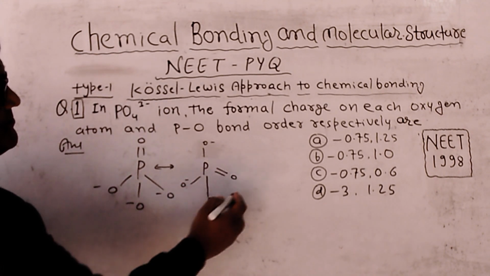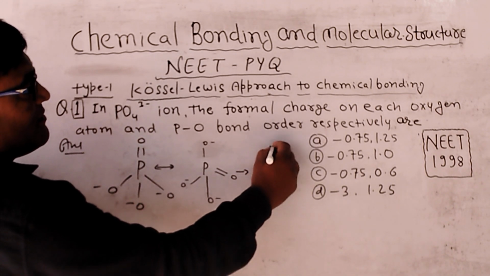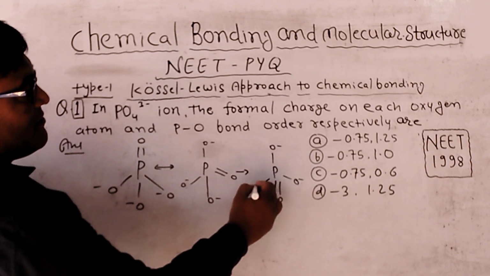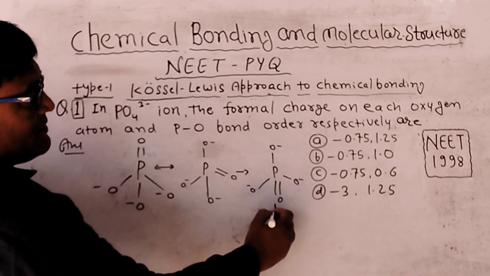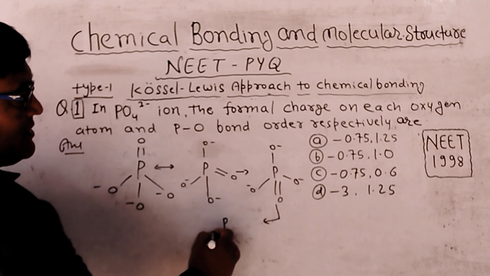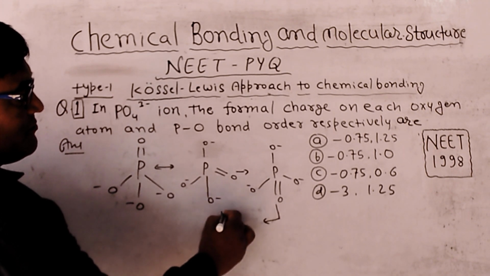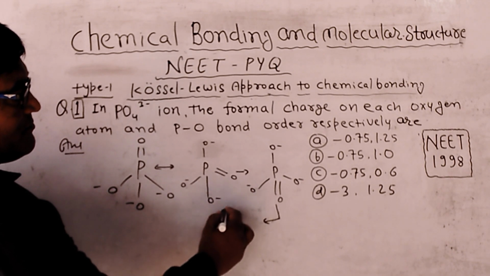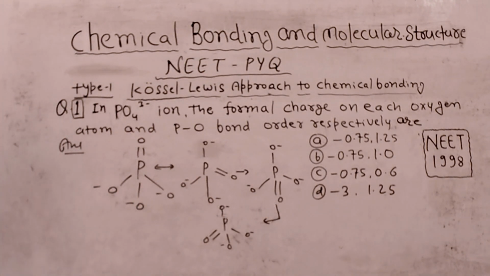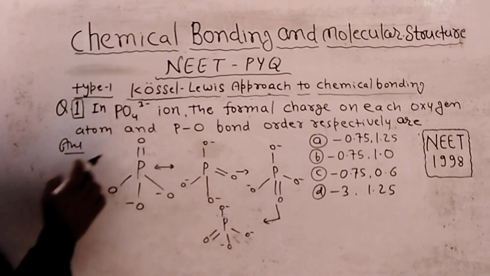Again, the double bond is here, and again the double bond is here. So these are the 4 resonance structures, and resonance structures occur due to delocalization of pi bonds and